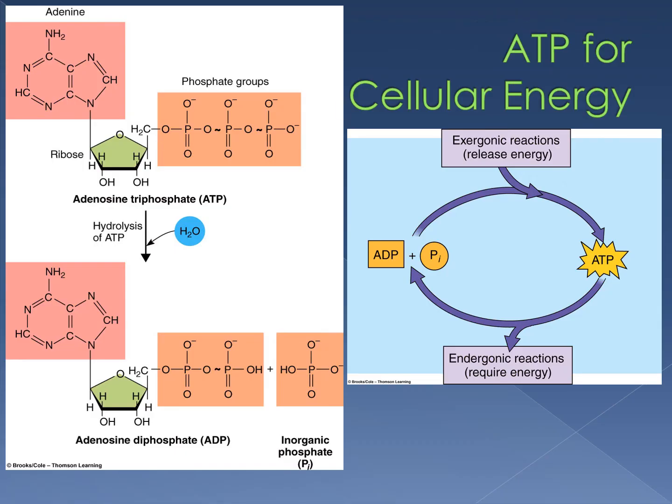ATP for cellular energy. One more time. If the first one or two times wasn't fun enough, hopefully this one will be fun. Exergonic reactions, these things release energy. One of those exergonic reactions is where we take our food, yep, pizza. The whole reason you eat it is so that you can make ATP. Cells sound like they have a boring life, don't they? Well, ATP